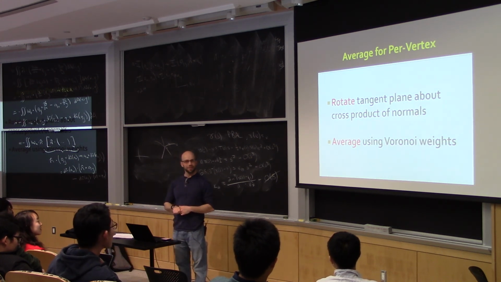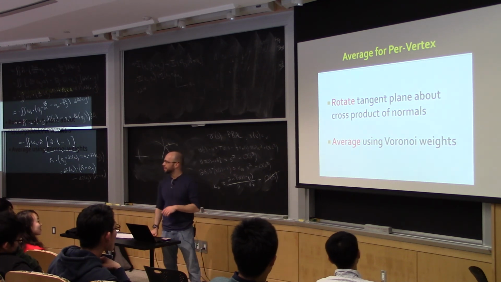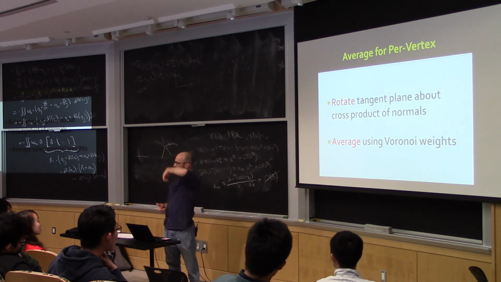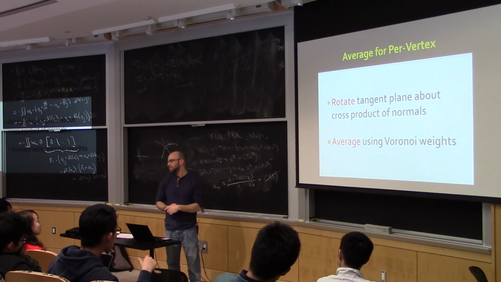Is it easy to prove theorems about this object? No. Does it give you nice, smooth curvatures? Yeah, in some sense you smoothed it out just by virtue of averaging from triangles to vertices and back. In their case, they were concerned with non-photorealistic rendering applications where you really want smooth curves and you care less if you get curvature right. So for them, it made some sense.